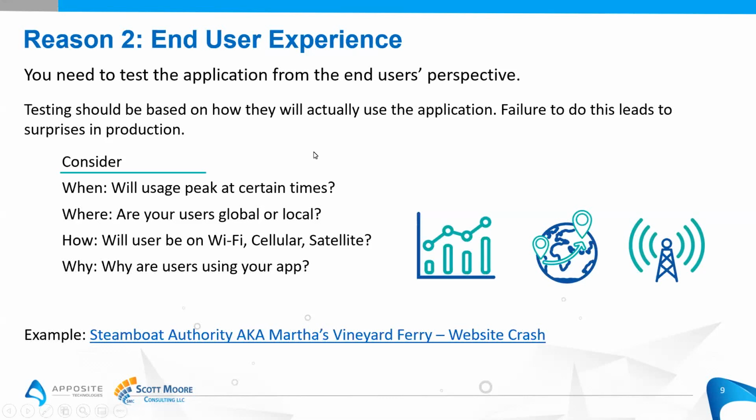An example that I've seen online, you can search this for yourself, is the Steamboat Authority for Martha's Vineyard. They relaunched their application, but they only tested for the desktop users, not realizing that when people wanted to know if the ferry was available, they were driving around, probably pretty close to the vicinity in that area, and they didn't really have that great a reception. They were trying to check, and that caused a problem with the site because they couldn't get to it, or there were too many of the mobile type users. But for that reason, they weren't thinking about the customer that was actually using their application.